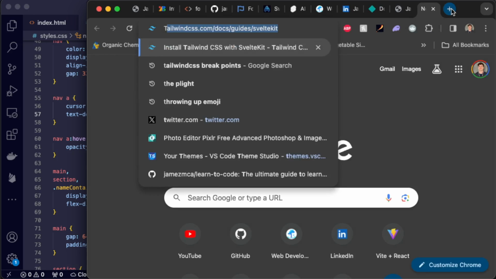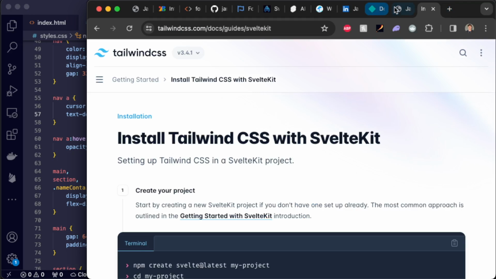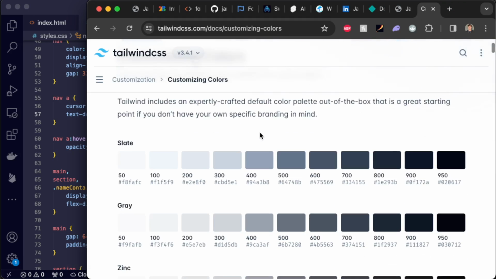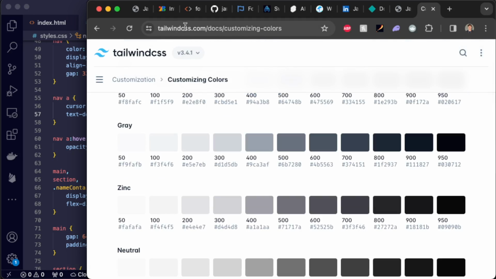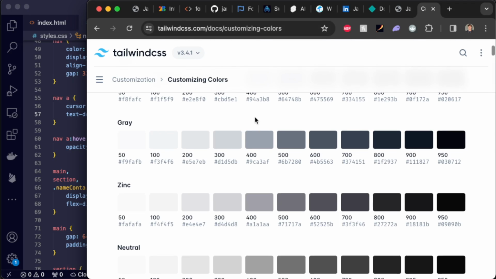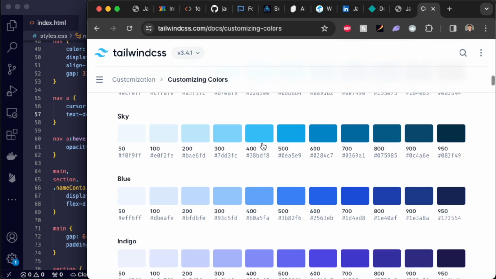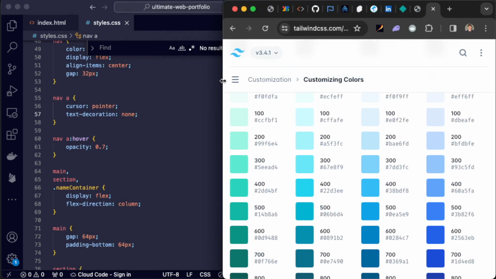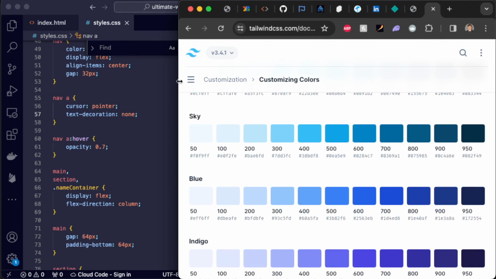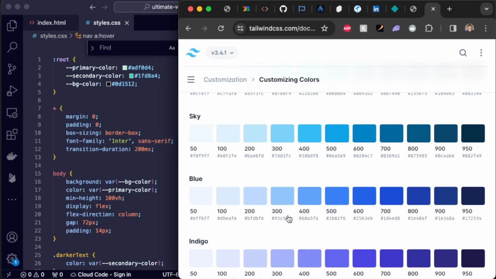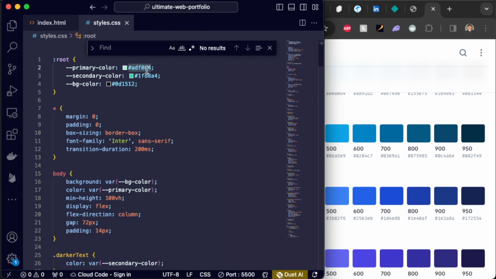However, the second thing I would recommend you do is actually experiment with modifying the project and making it a bit more your own. This is obviously a neat color palette, but you can come over to Tailwind CSS customizing colors. This will be linked in the description down below. And I'd actually recommend experimenting with some different ones. For example, here we have all of these beautiful colors. It's really easy to change how your project looks simply by taking a different blue, replacing the primary color in here,